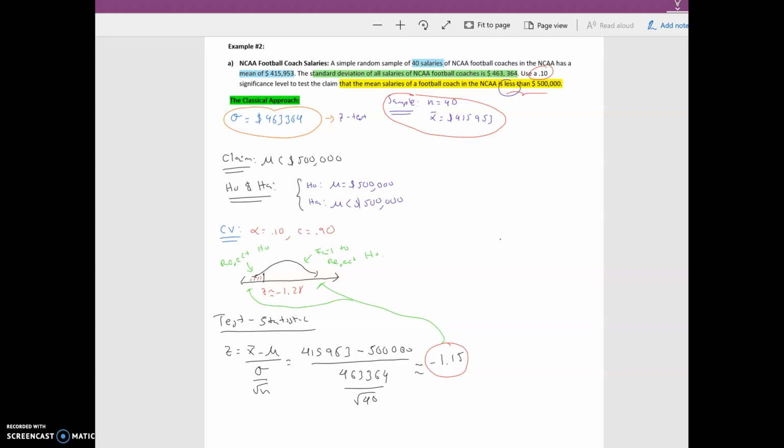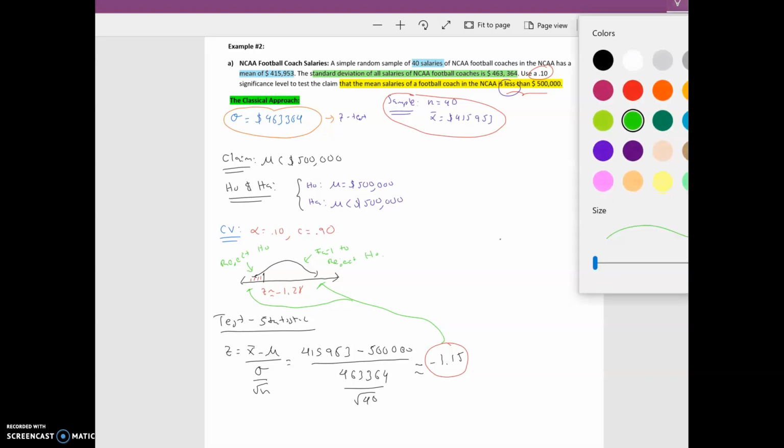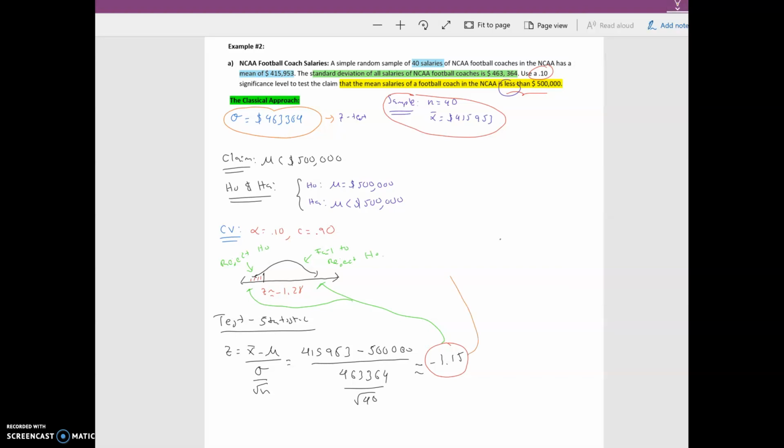If it's to the left of negative 1.28, you're gonna reject H0. If it's to the right of it, you're gonna fail to reject H0. In this particular case, it happens to be to the right of it. So your final conclusion is gonna say the following. Let's write this one with the notation that you may have to use in some of the homework problems. So you would simply say, fail to reject